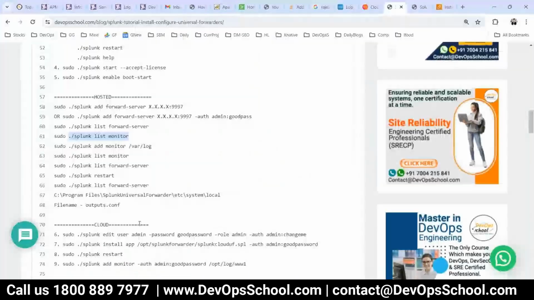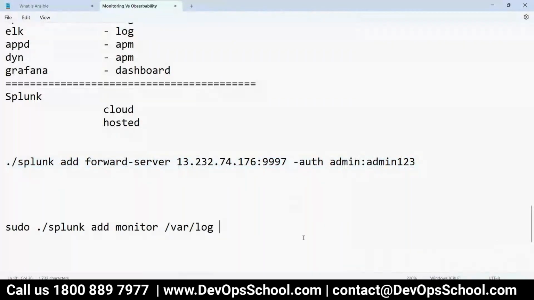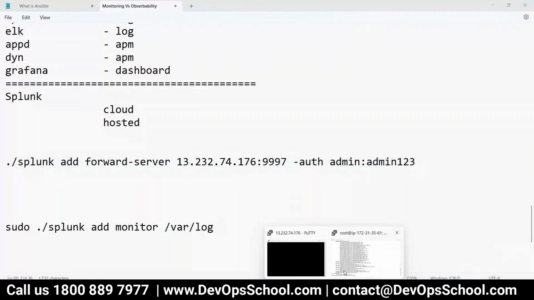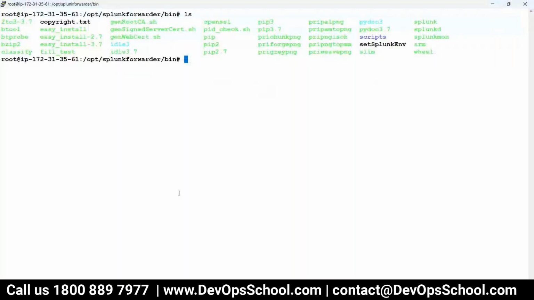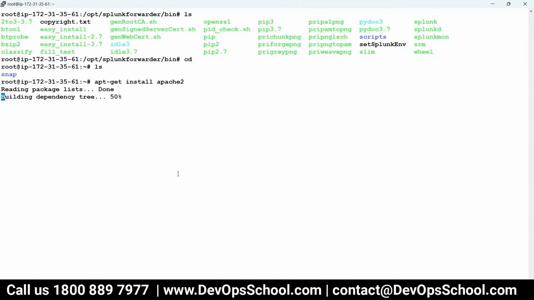But right now I want to add a monitor, right? So what to do? I have certain logs in locations which I want to show you. Okay, so where are the logs? In this machine, I'll install Apache because I want to monitor Apache. Okay, so for that, what I'm going to do is apt-get install apache2. Yes,